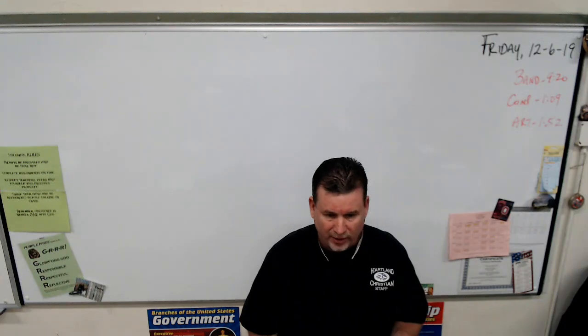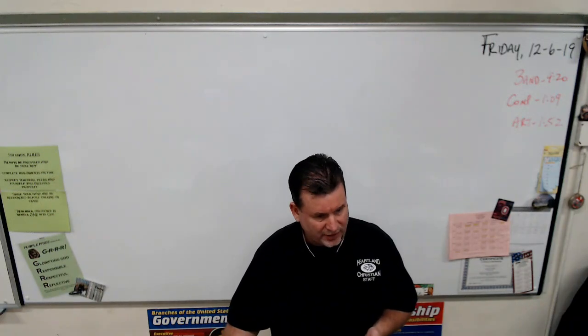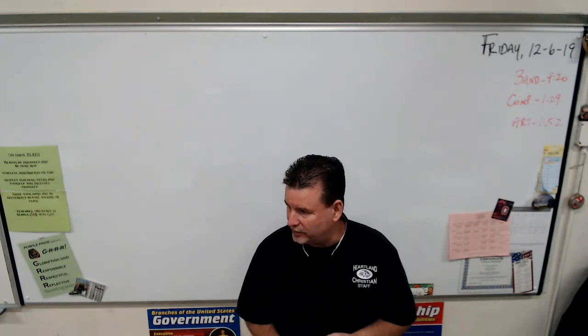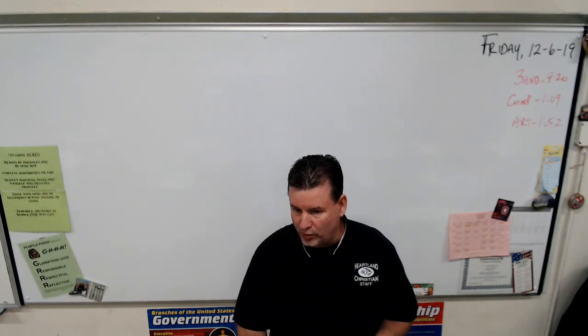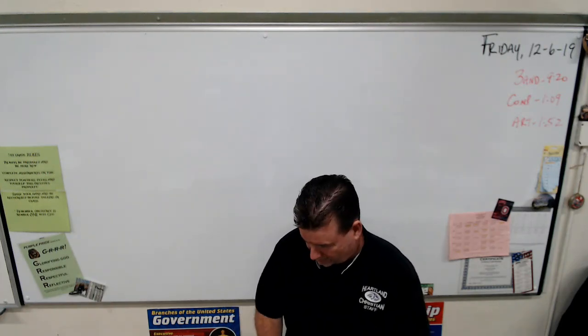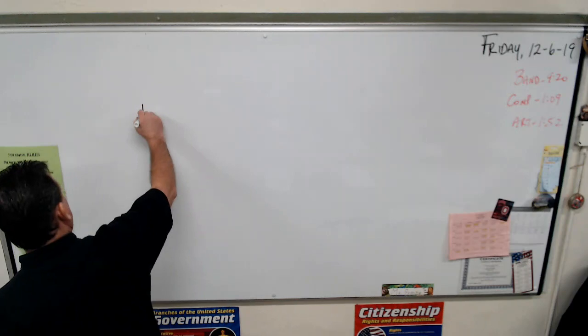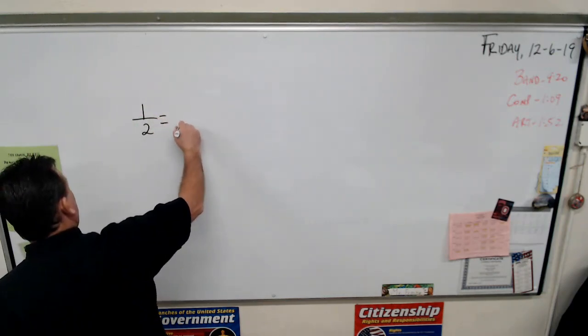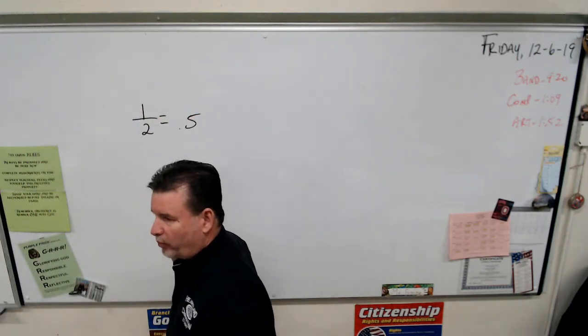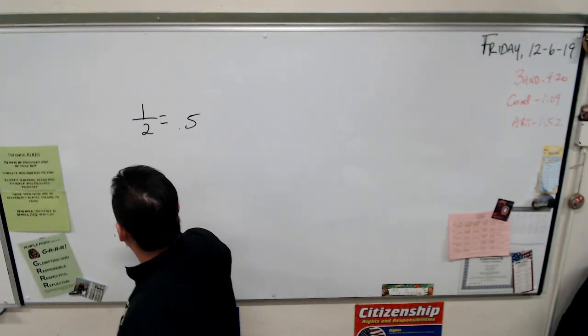The fraction bar is a division sign. So 1 over 2 is, let's start real simple. Why does 1 over 2 equal 0.5? Because if I do the division,